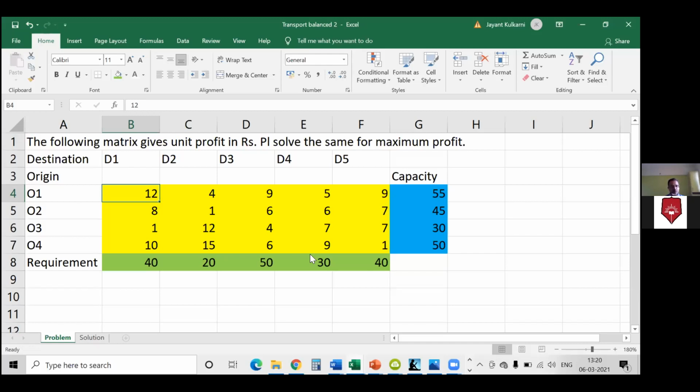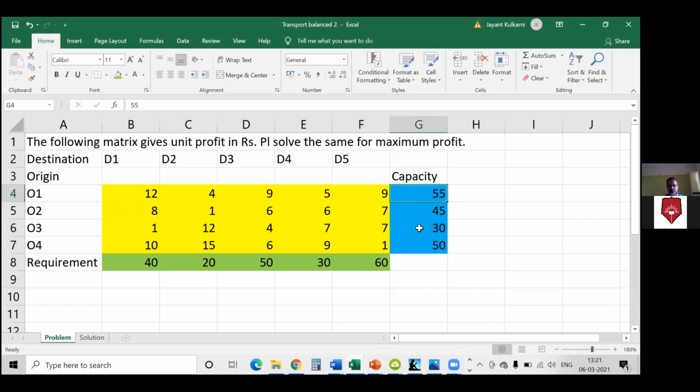And there is one more version we are going to do, where we are going to do an unbalanced problem now. What is meant by an unbalanced problem? The total sum of the demand is 180, right? 40 plus 20 plus 50, 180. And the total sum of the supply is 180. Now, this is a balanced problem. We are going to convert it into an unbalanced problem. So how do we do that? By changing it and ensuring that your total supply does not match the total demand.